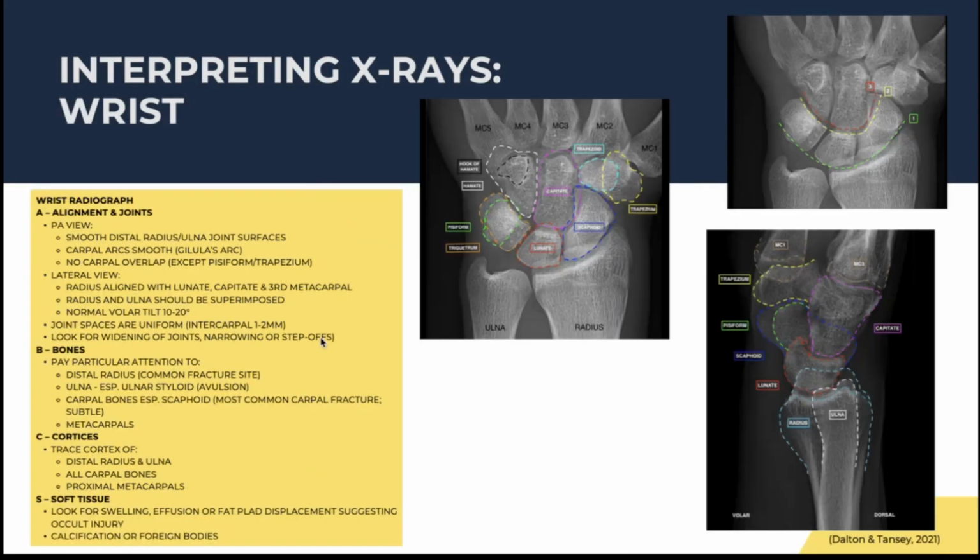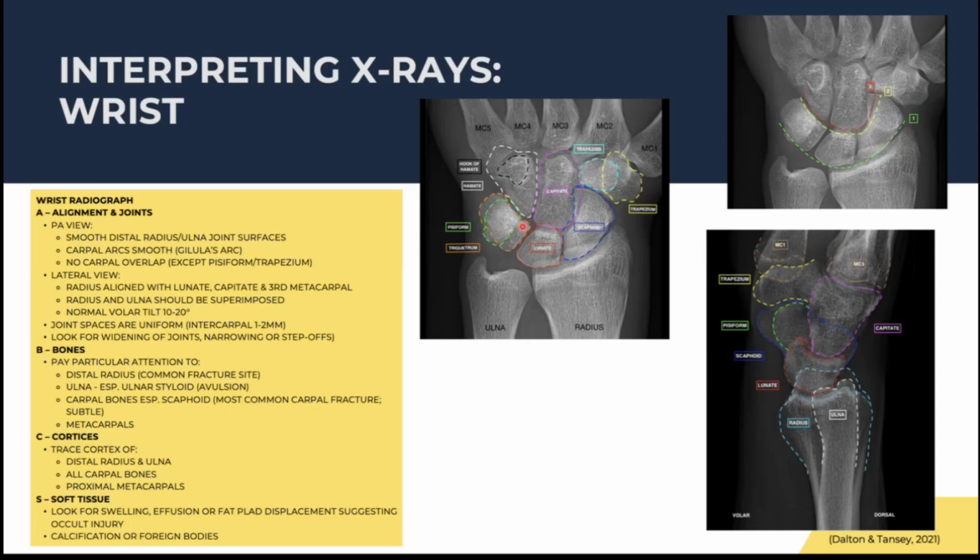Now, looking at the wrist, there are many bones in the wrist, and it took me a long time to remember every single bone. But essentially, you just want to make sure that the alignment of the carpal bones, and basically all of the bones in the wrist, is there. So with A, if we're looking at alignment of joints, you're looking at the PA view of the wrist. You want to make sure that there is the smooth edge of the distal radius and the ulnar joint surfaces, that the carpal arcs, which you can see here, are nice and smooth, and there's no displacement there, and